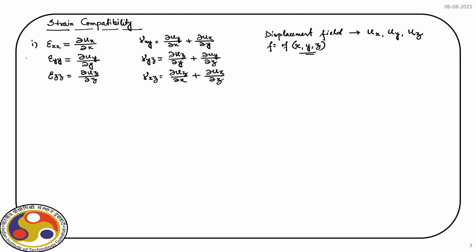So, this is equation 1, equation 2, equation 3, and then we have shear strains, equation 4, 5 and 6. Now, the forward problem is very easy. We define the displacement field in terms of ux, uy, uz, and then we differentiate these with respect to x, y, z, and appropriately we evaluate